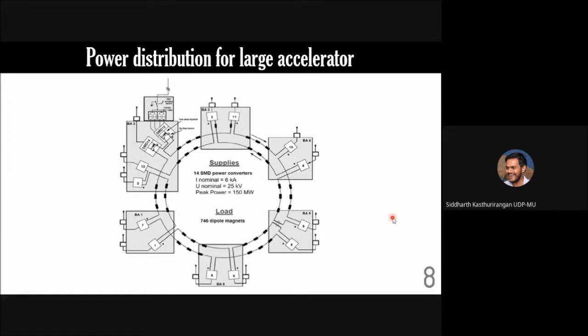Okay. And just for an idea, the nominal current which is carried in combination by all of them is around 6 kiloamperes, and the nominal voltage is 25 kilovolts, so that the total power which one will expect at any time being delivered is 150 megawatts. Basically, you need a small power station on site in order to keep this sustained. You cannot rely just on the grid, you have to have your own backup.